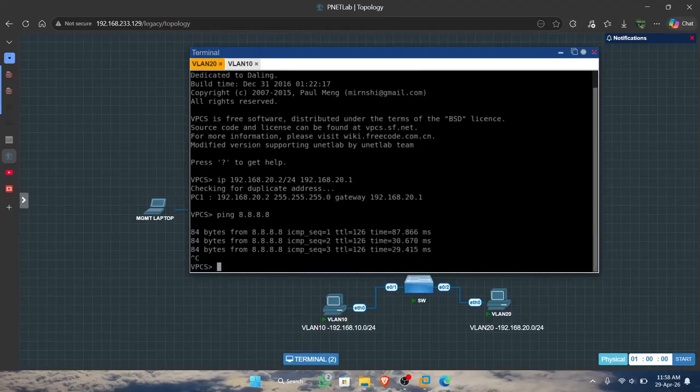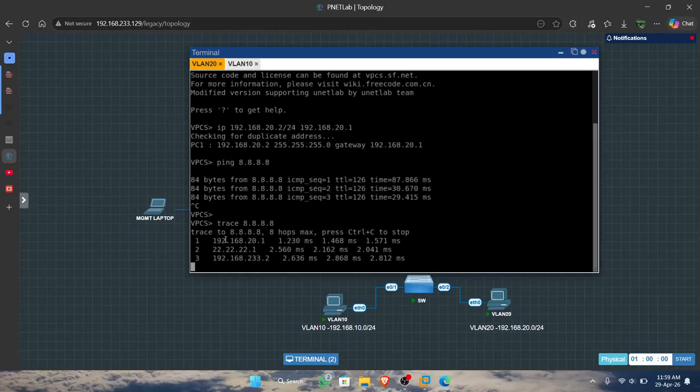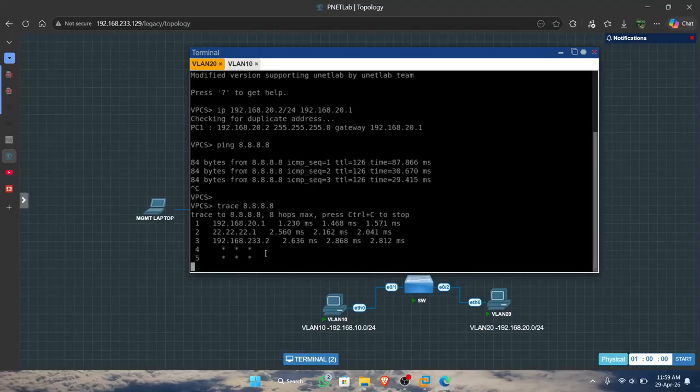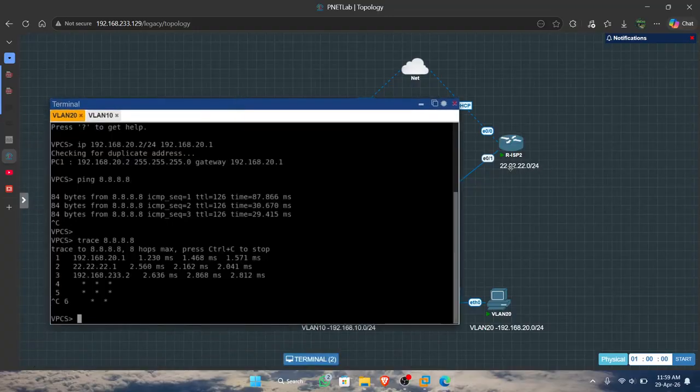Again, we use traceroute to show the tracking for VLAN 10, how it connects to ISP1 or 2. You can show this here in VLAN 20: it connects to ISP2, to IP 20.21 from VLAN 20.